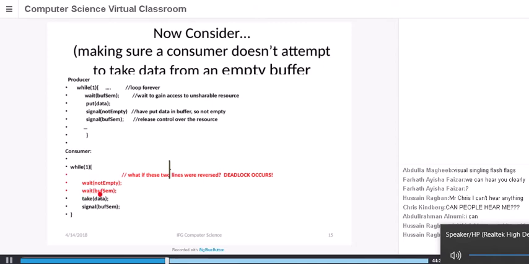The wait operation results in changing the value of the buffer semaphore from 1 to 0. In other words, it's going to lock everything else out. I've got exclusive use to do what I want with the buffer for a short period of time. What I'm going to do is take the data out of the buffer. And that presumably takes a little bit of time, maybe not a lot. And finally,